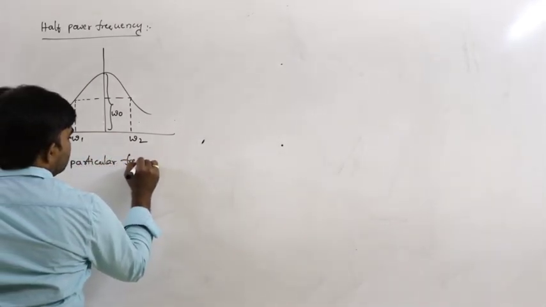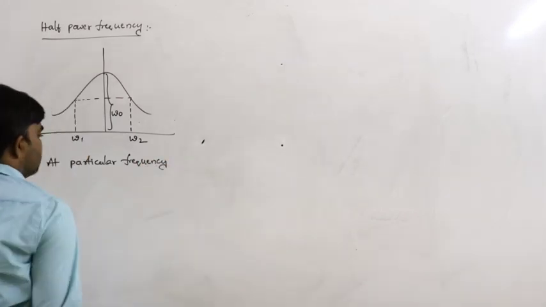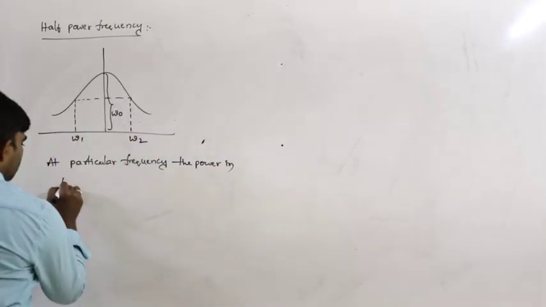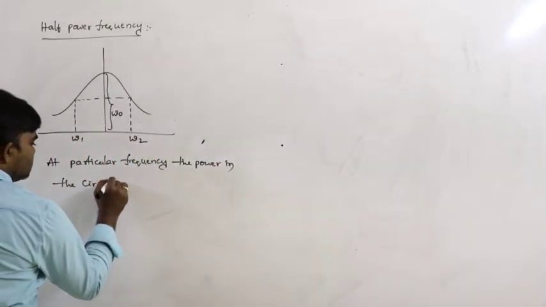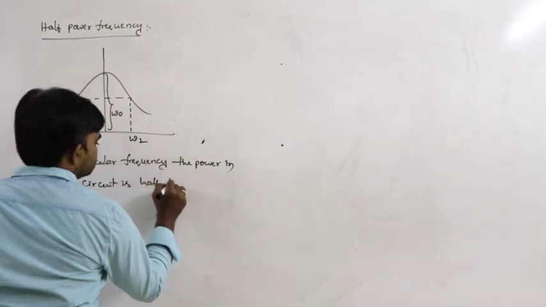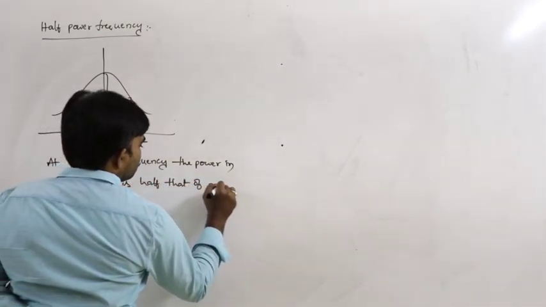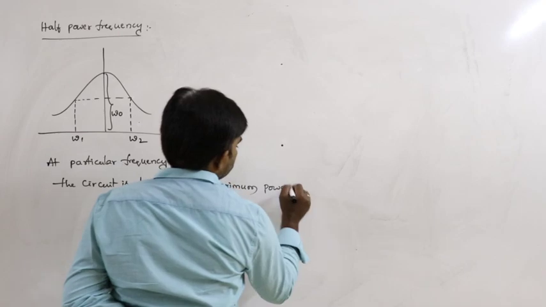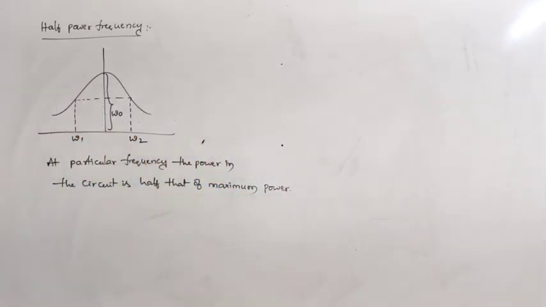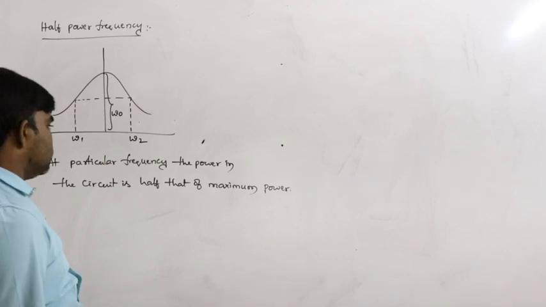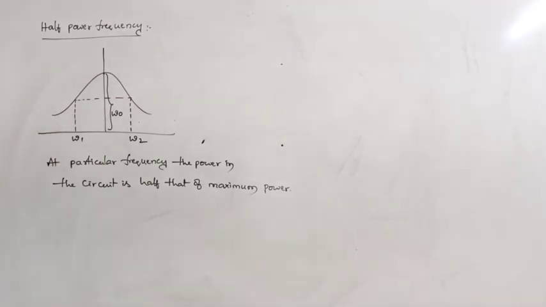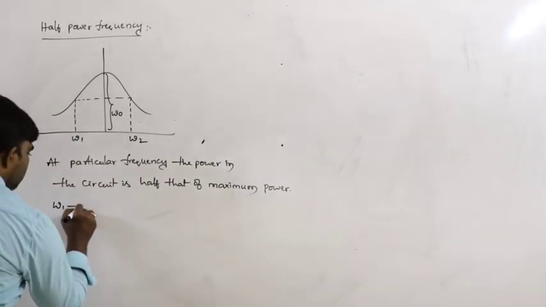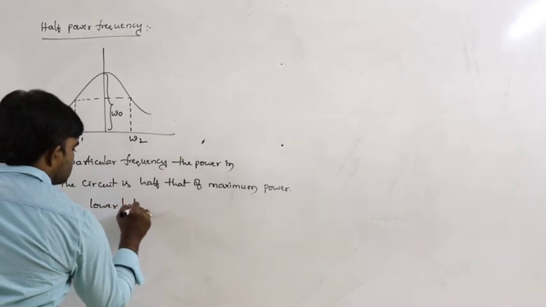At a particular frequency, the power in the circuit is half that of maximum power. So that is called half power frequency. So let us say here omega 1 is the lower half power frequency,